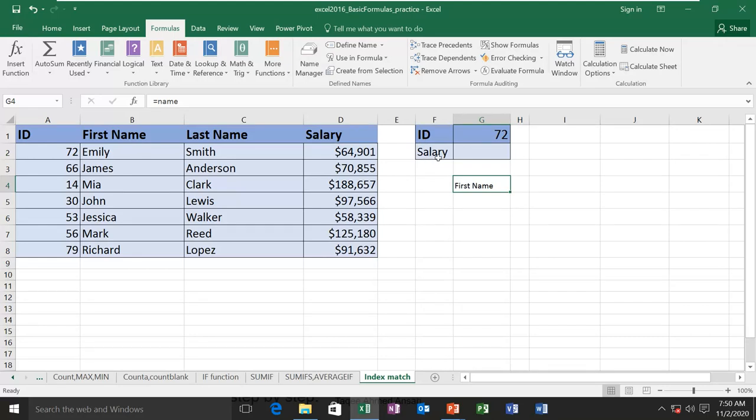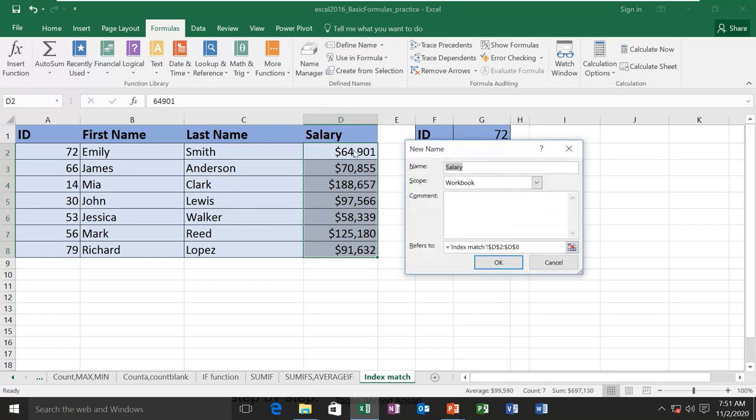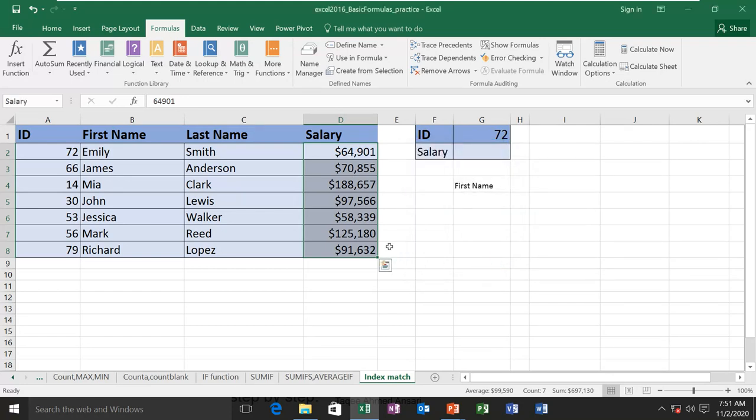We can use this to define a range of cells also. Like I select this range, and then I go here and say I want to define the range. So okay, this is salary. I press OK. The range is also selected. Now I can use this in any other function also.